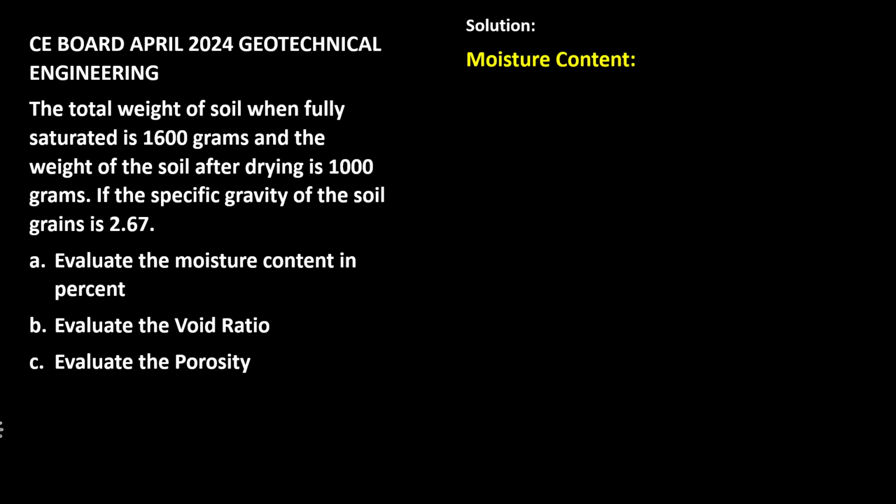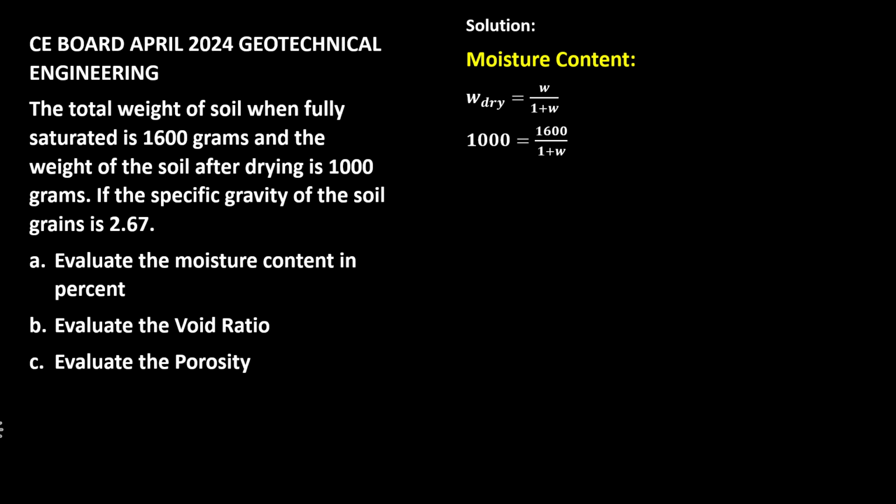To start with, we have to evaluate first the value of the moisture content. When determining the value of the moisture content, this is actually the best formula that is suited to this situation. Why? Because we already have the given for the dry weight and the moist weight, which only means that we can calculate for the moisture content if this is the formula that we will use. Doing the direct substitution, we will have now our computation as